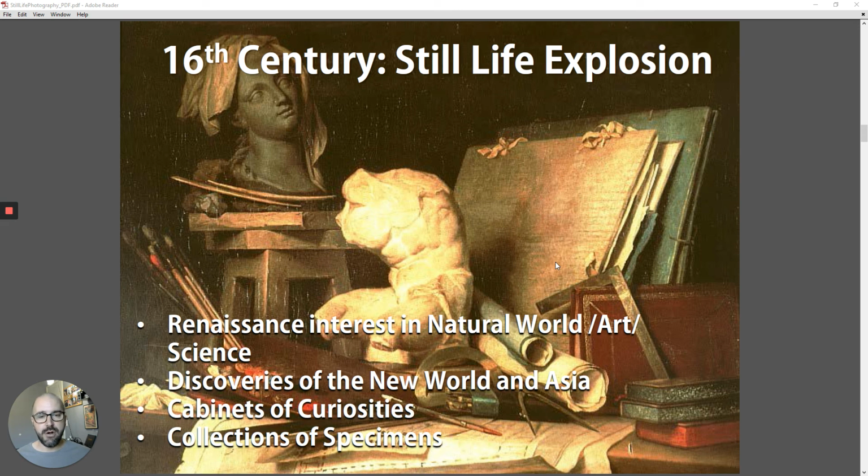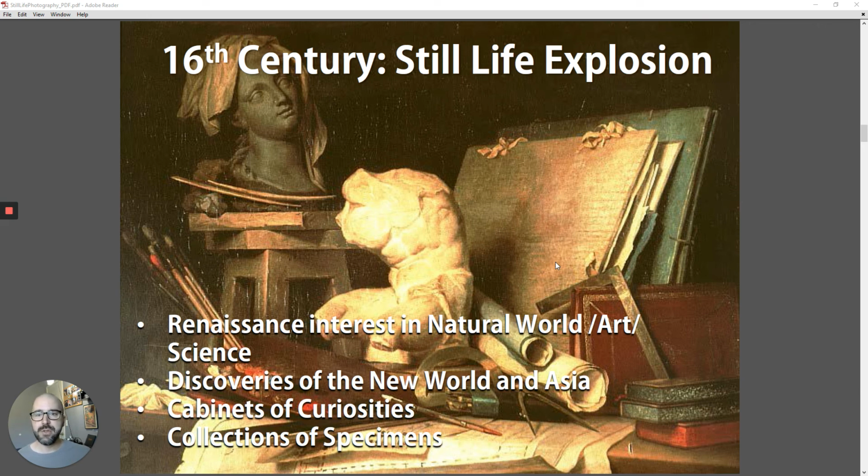And they would take all these different objects and arrange them to convey that sense of knowledge, of openness to other cultures, of openness to the world. In this example, look at all the little tools of this artist. You've got a sculpture that's in progress. You've got a bust for reference. You can see the artist's sketchbooks in the background. And then, in the foreground, we've got blueprints and a compass and rulers and brushes and pencils. So all of this together is conveying that sense of this is a dedicated, serious artist who really studies their